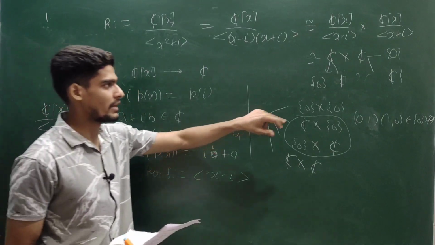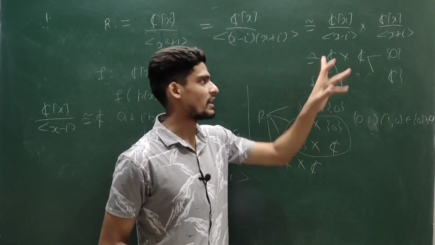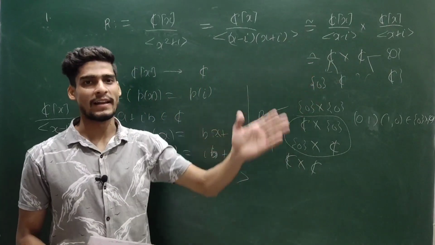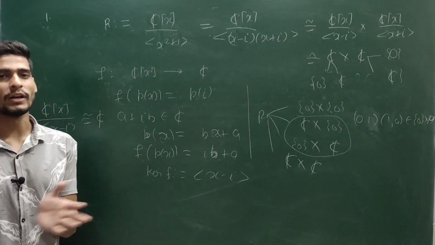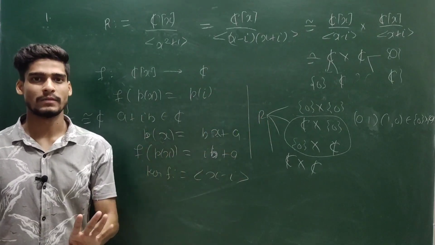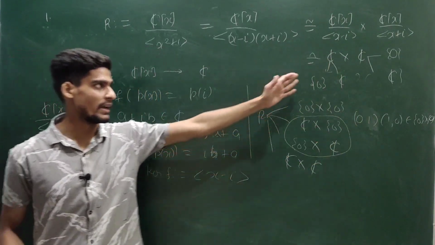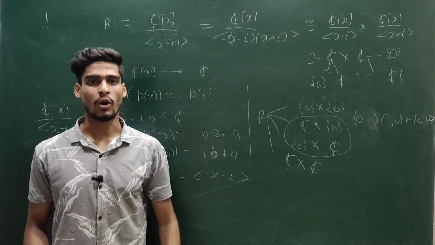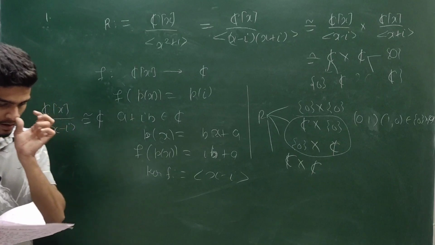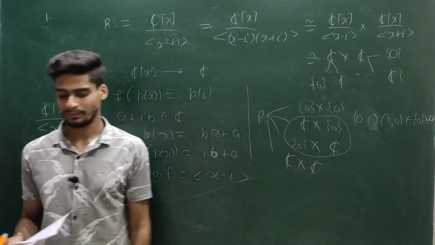Now here I am using one thing. Every ideal of C cross C is of the form I cross J, where I is an ideal in this and J is an ideal in this. So this I can use in the case of a finite product of fields. If I have a finite product of rings, I cannot use this statement. I cannot say there are precisely 4 ideals. This I can say only when I am dealing with a finite product of fields, or a finite product of rings provided your rings are commutative rings with unity. Otherwise I cannot use it in the general case. So it has two prime ideals, that is correct, because this and this both are prime ideals.